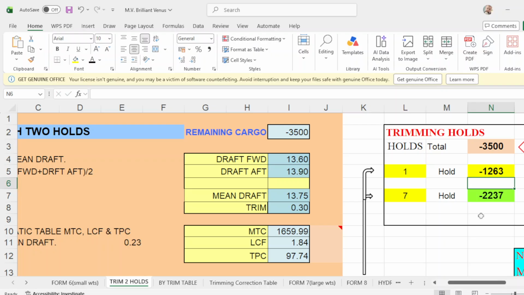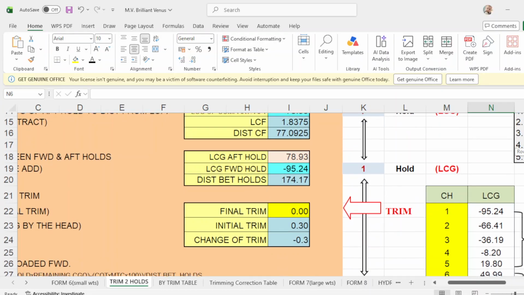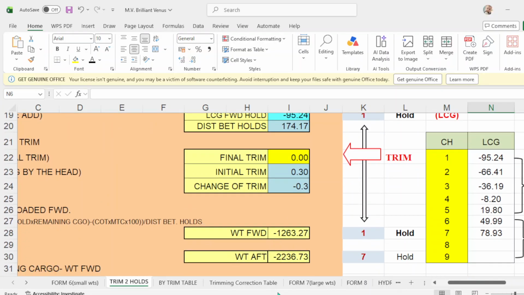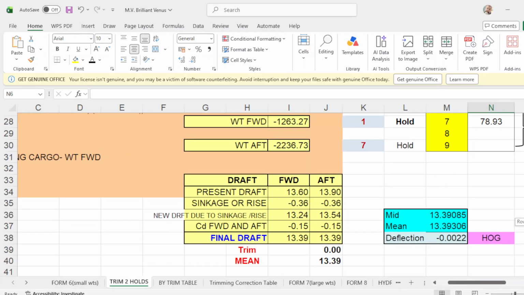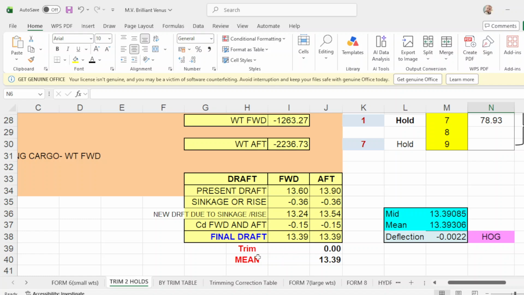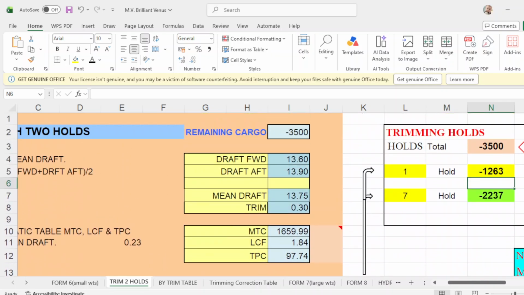And number 7 will be negative 2,237, and your vessel will be even keel at 13.39, trim will be 0, and 13.39 is your mean. Take note of the values to be discharged in 1 and 7.